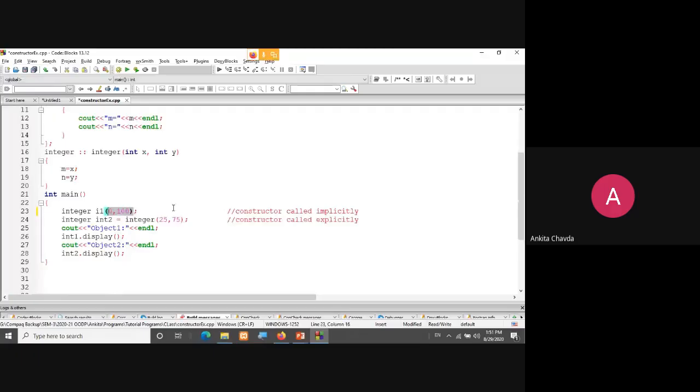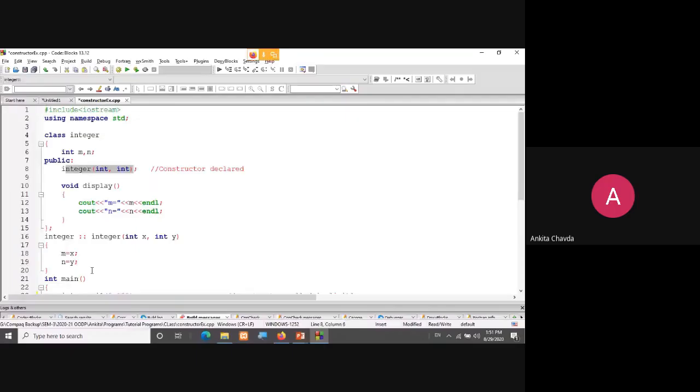At the same time, I am calling my constructor, which is my parameterized constructor. So if I'm not giving any value, then by default m and n are blank. But at the same time, I'm calling my parameterized constructor, and it will assign the values I passed from main.